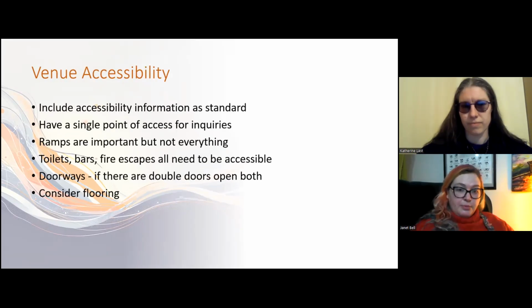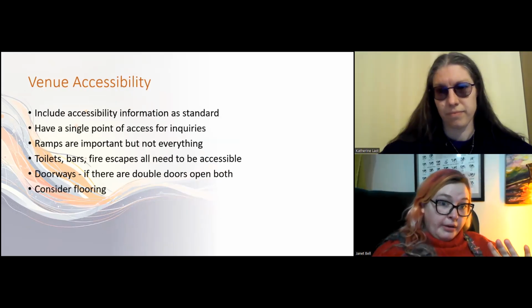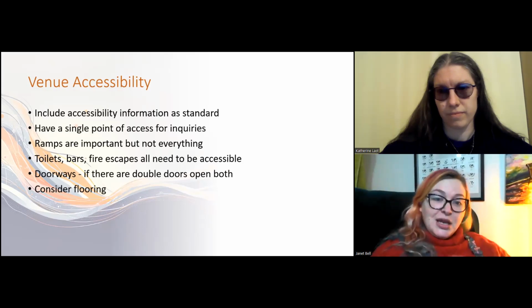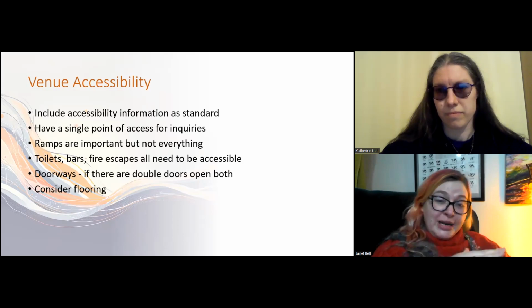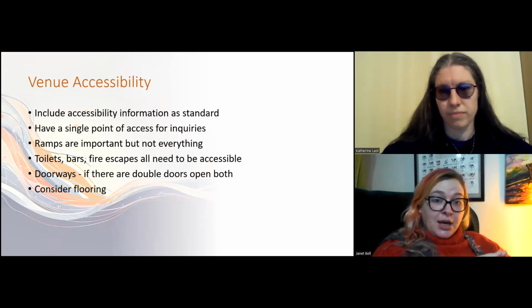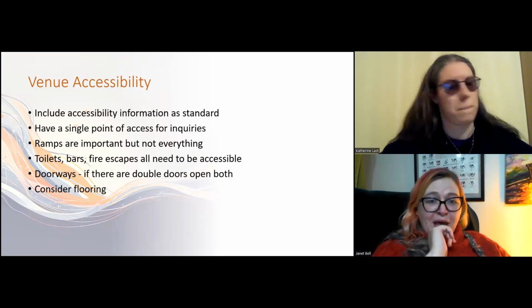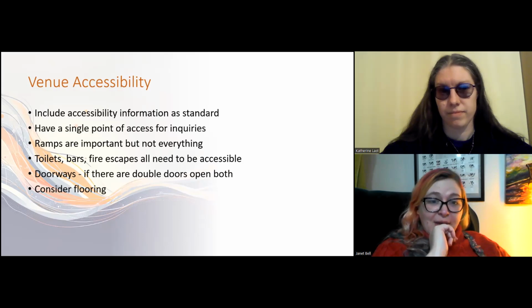Ramps, obviously really important. Having a wide enough ramp, long enough ramp. Ramps are actually only meant to be at most 1 in 9, which is really quite flat. So they probably need to be longer than you think, but also really please make them stable. I've had some really horrible ramps. You can get some fantastic travel ramps on eBay. They're not expensive. Yeah, but they aren't everything.